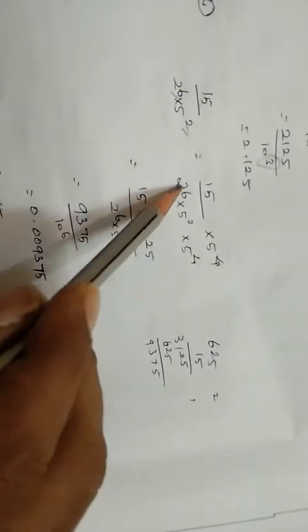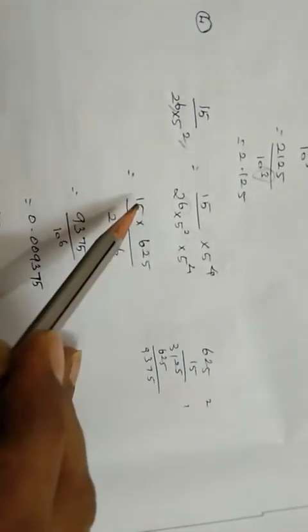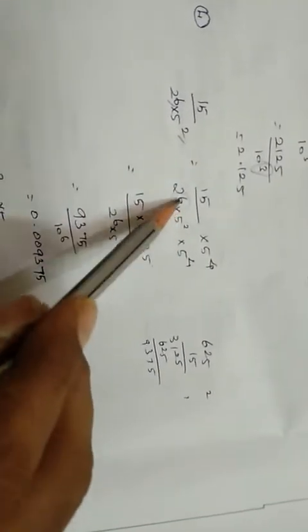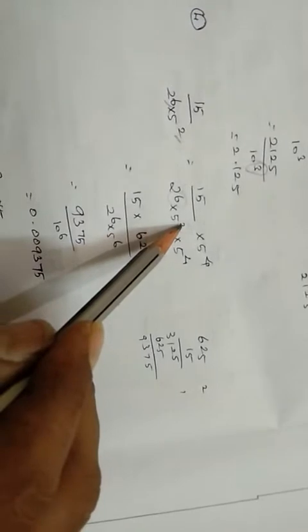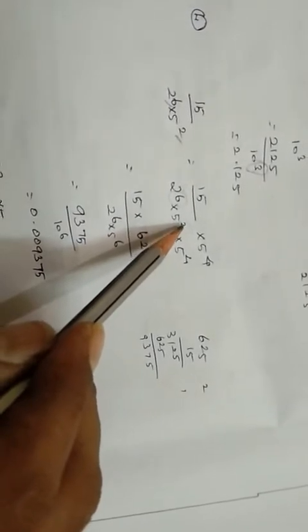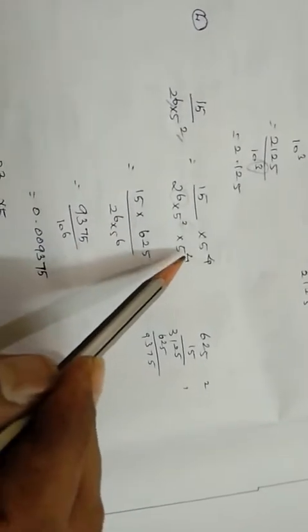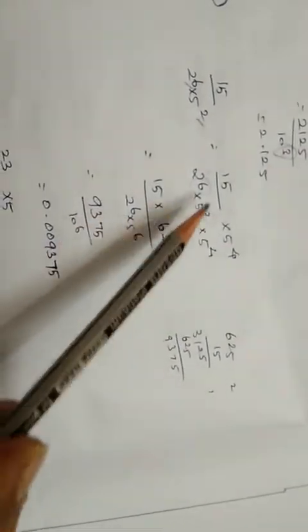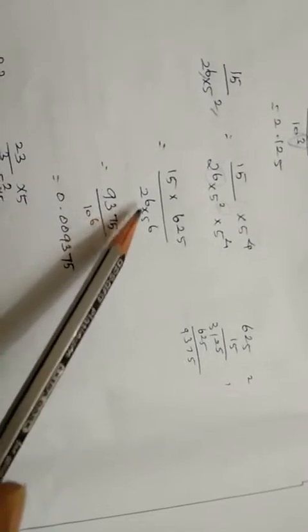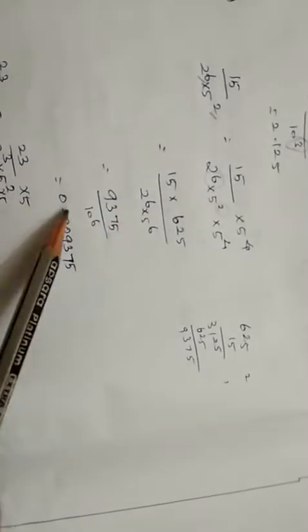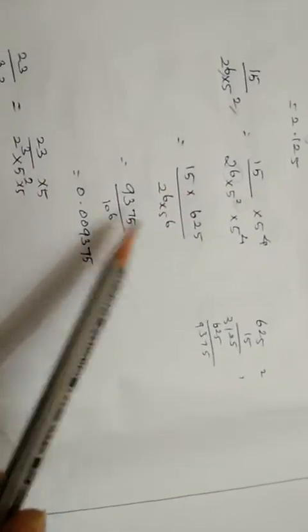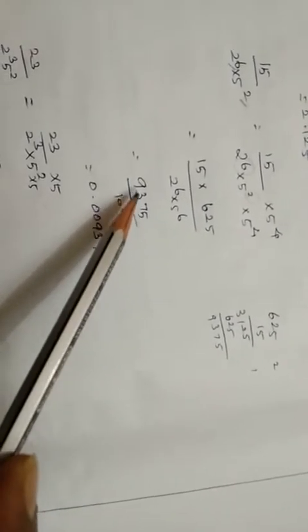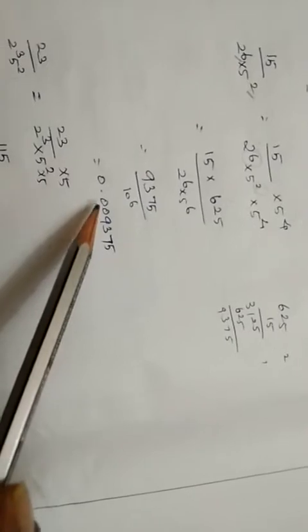So that's why check the power terms, then convert to the equal power form. For that we need to use 4, right? Now 15 into 5 power 4 value 625, here 2 power 6 into 5 power 6, so 2 into 5 is 10 power 6, multiply 15 into 625, 9375, so 6 decimals, 1 2 3 4 5 6, so 6 decimals,